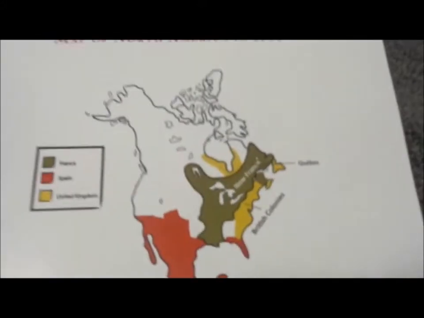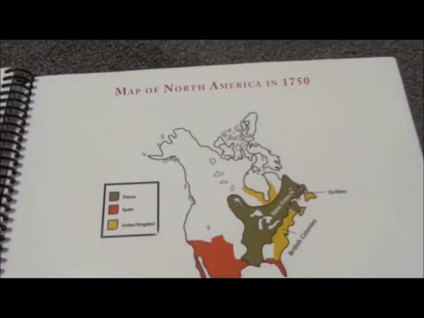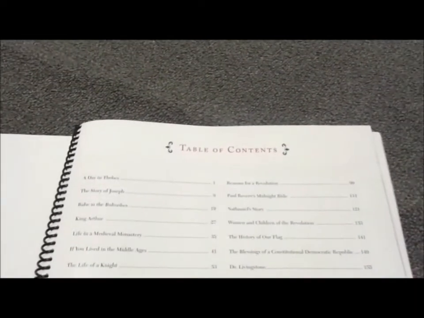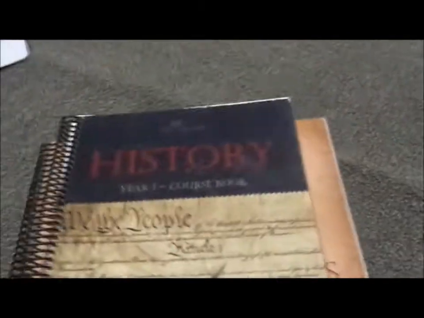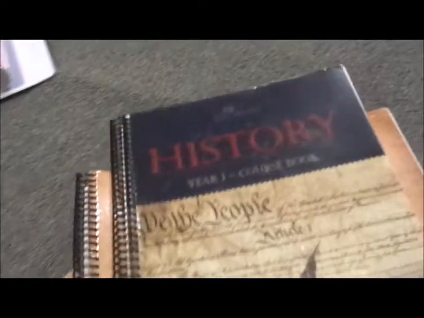When we get to the Revolutionary War period, here's a map of America in 1750. There are a lot of great maps and pictures and visual aids to go along with that. We normally start out our day by reading together, by listening to the CDs together, and then I split them up